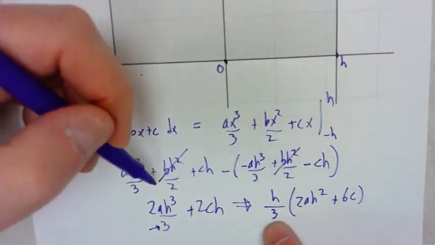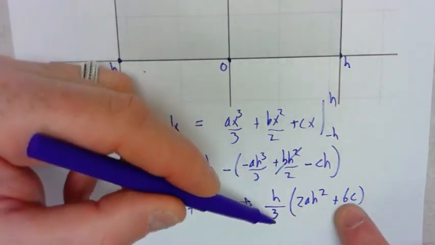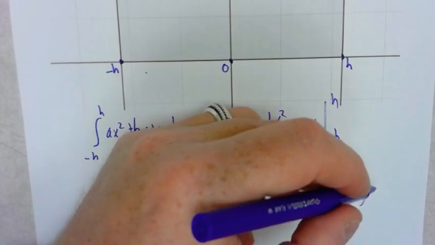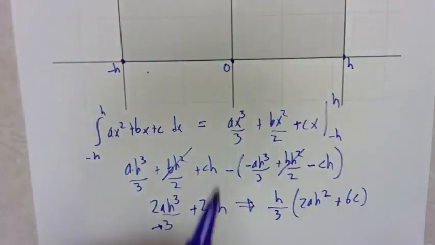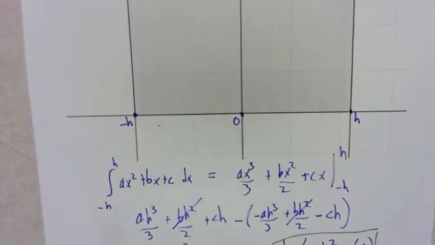Okay, so again, if you want to just check this, distribute this back, here's 2/3 a h cubed, and here would be 2ch. Okay, let's remember this for a bit. Okay, now phase 2,